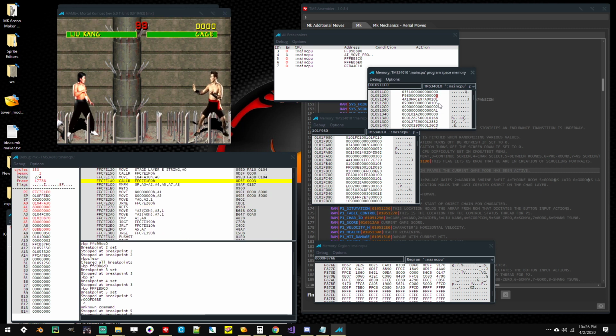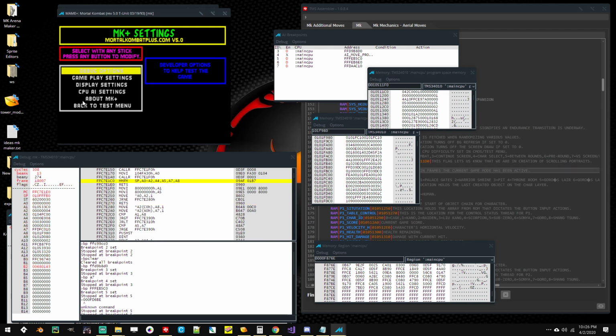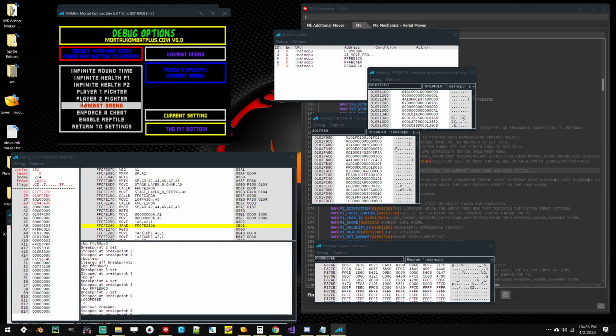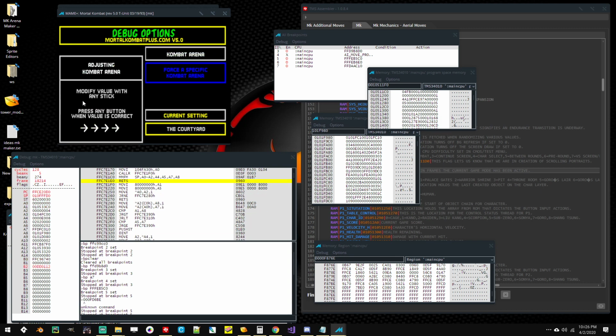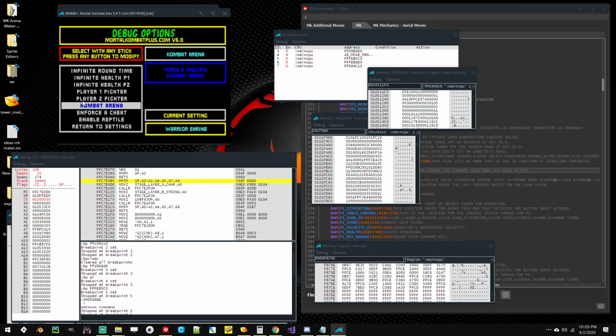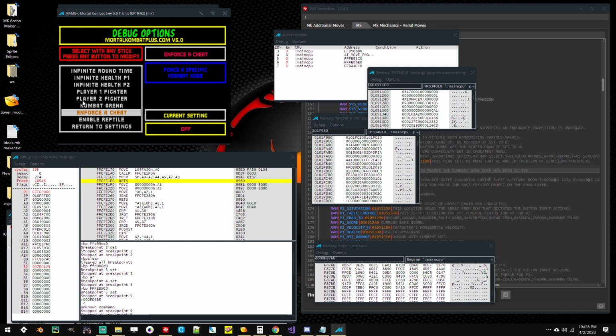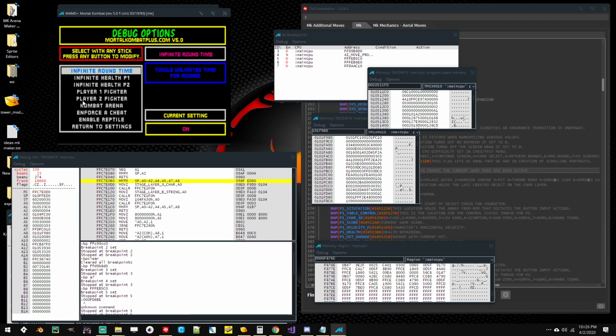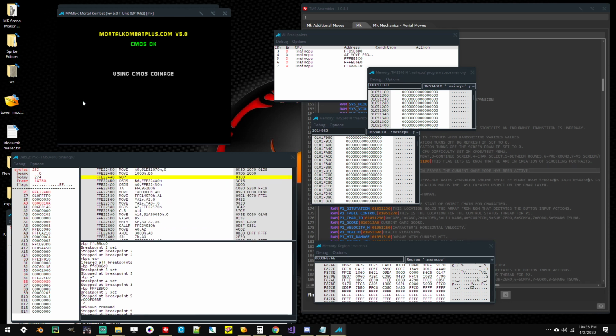Oops, wrong button. All right, let's go back in here. I don't particularly care for the pit bottom too much, just the level where they're fighting on the ground just looks silly. So get out of there and